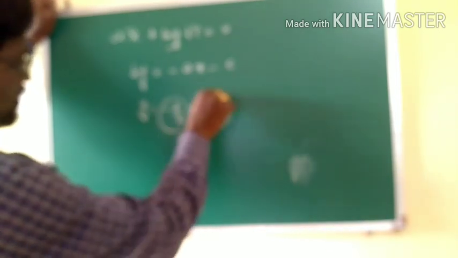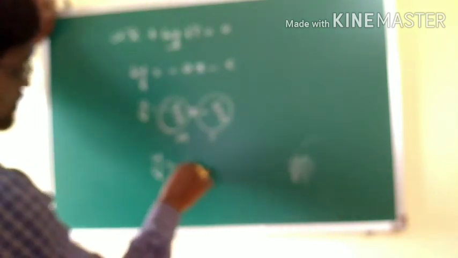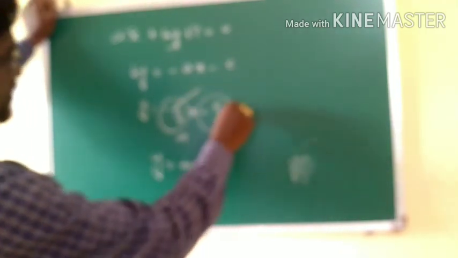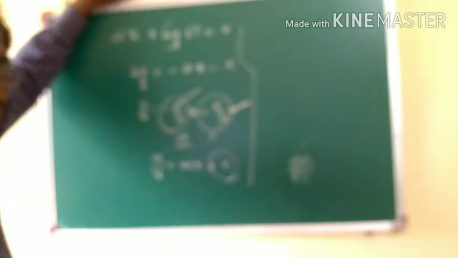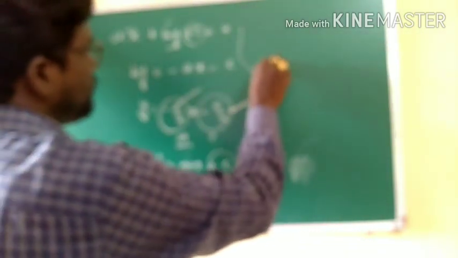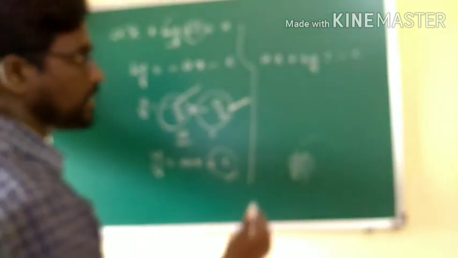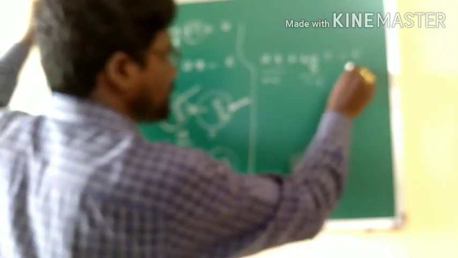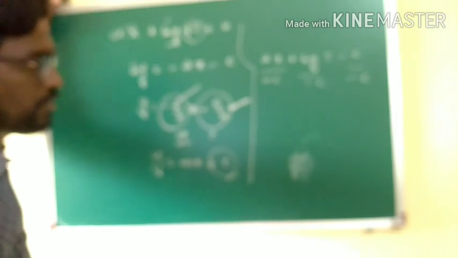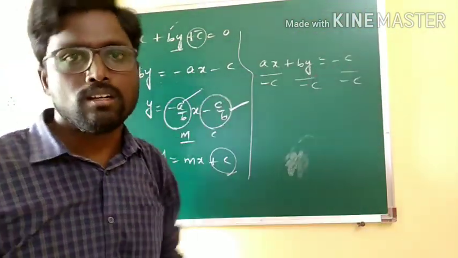Now very clearly it is in the form of y is equal to mx plus c, where m is minus a by b and c is minus c by b. Means slope of the line is minus a by b whenever the line equation is in the form ax plus by plus c equal to 0, and the y-intercept is minus c by b. Similarly, how can we convert this into the intercept form? We'll simply transpose c to the other side: ax plus by is equal to minus c, and then we'll divide both sides by minus c. Whatever the constant we have, we divide both sides by it to make the constant 1.